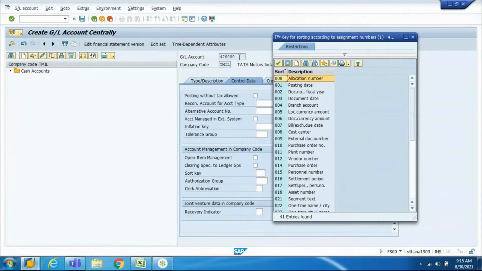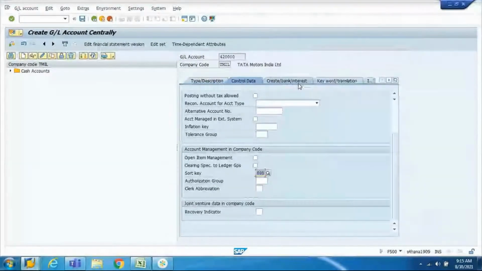visible for all the transactions. In that assignment, normally we don't input anything manually. The assignment field is always substituted with the value from the GL master data. So from the GL master data, whatever you assign in the sort key, let's say you are sorting by posting date, there are two functionalities for it. If I select posting date, the first benefit of this is when you pull